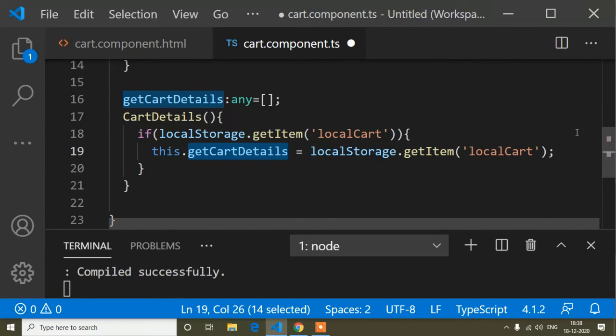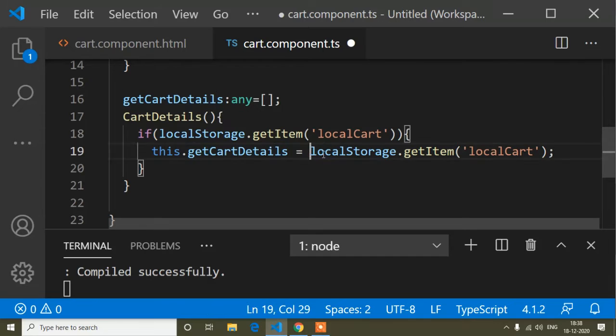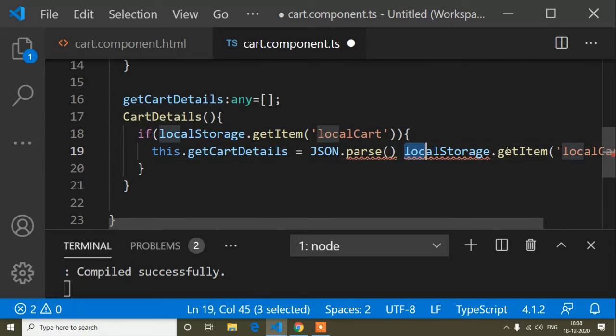So how can I check? But before that, guys, I told you that when we store any value in the local storage, we store it in JSON format. You can see these values are in JSON format, a JSON string. So when I'm getting this value, I have to convert it into our own format. How can we do that? Just here we write JSON.parse, this way, with parentheses, and inside this parse